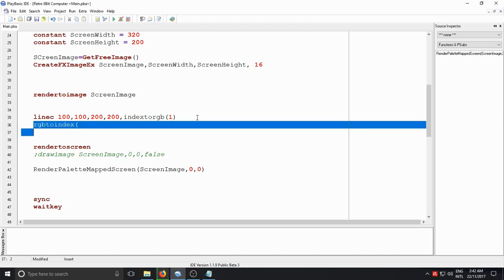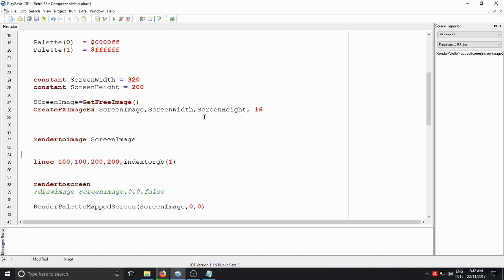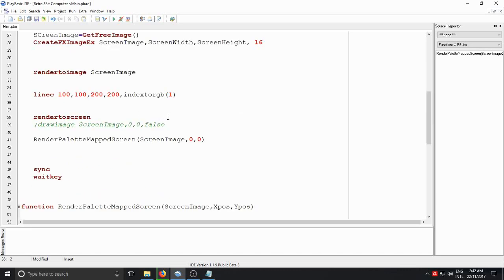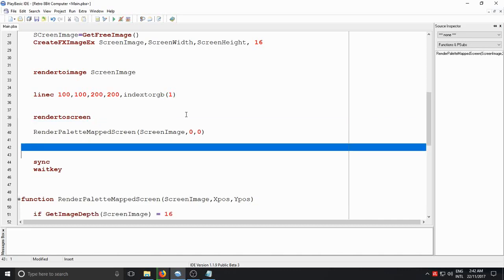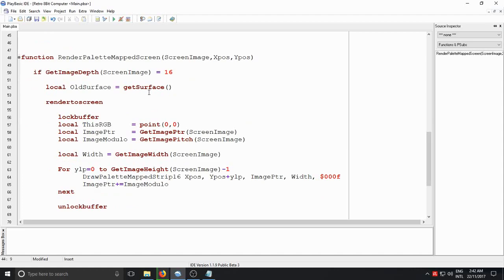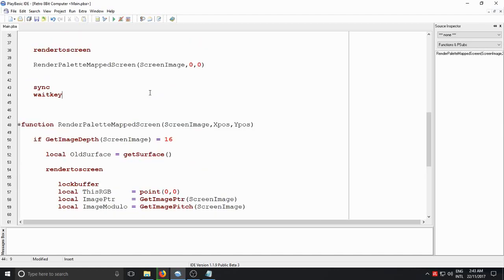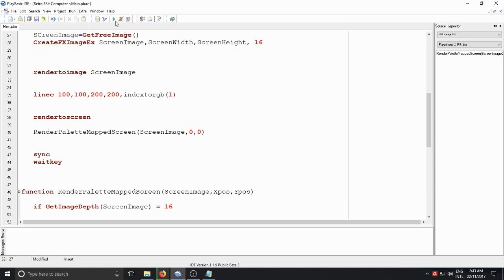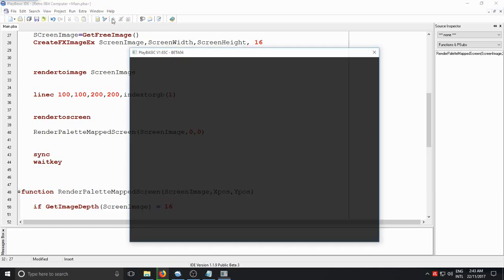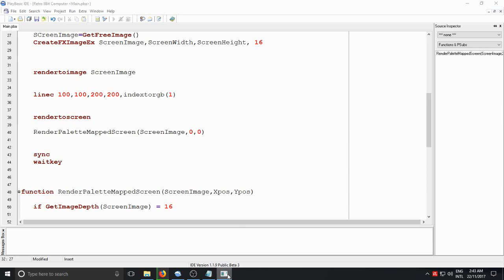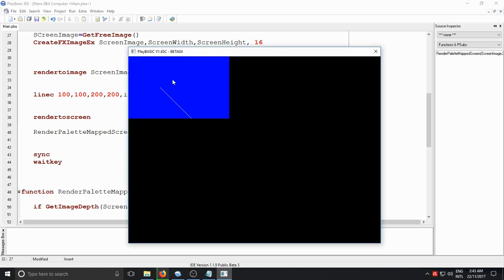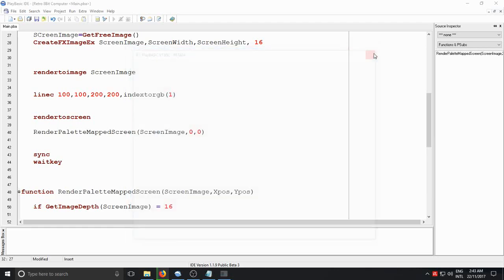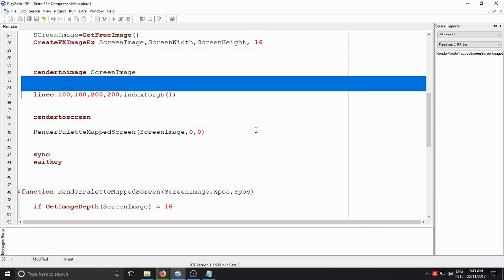So I want to draw color 1, which is our white color, onto this surface. And once we draw it, we want to render that surface, which is a palette we're using as a palette map surface, to the screen as an RGB surface. I doubt you're following that, but if you are, well done. And there we go, it actually does work. Amazing. So if we do something like,